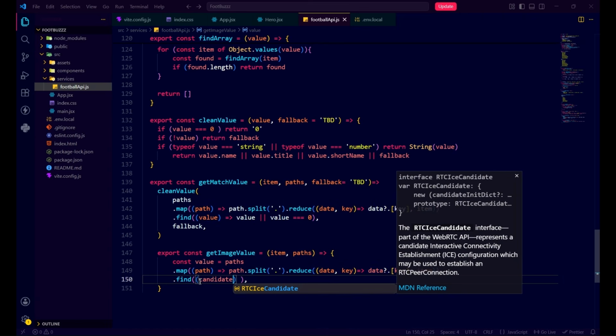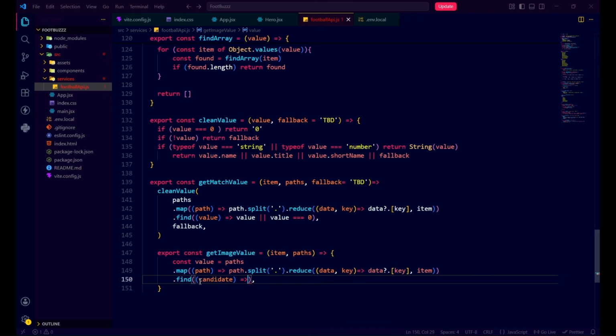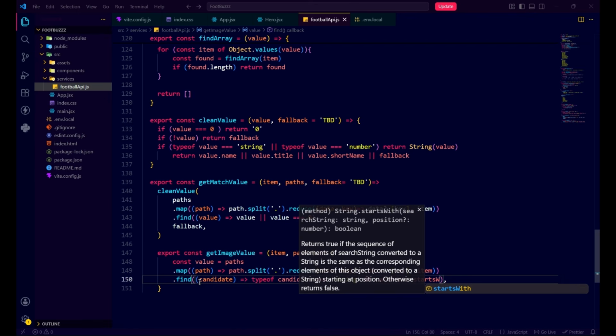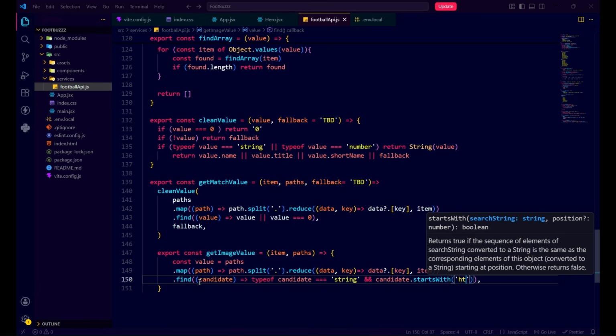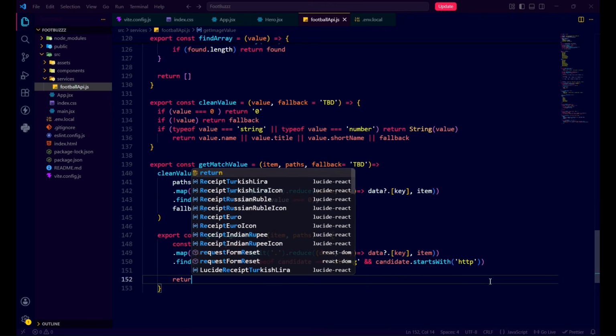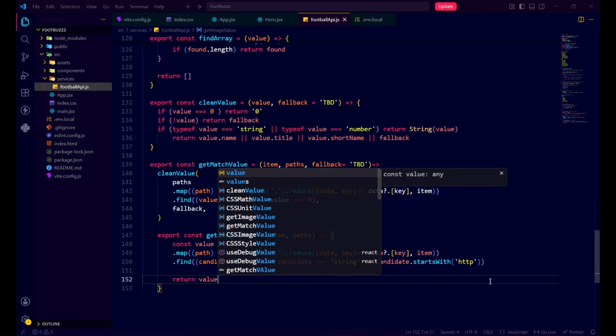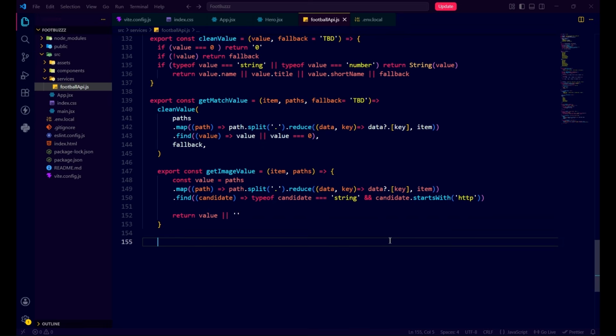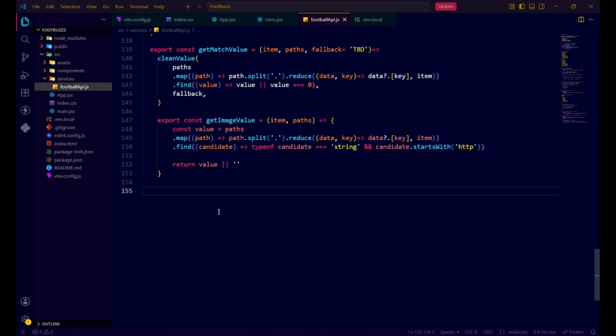Instead, we have to write the candidate prop and open our function, write check the typeof candidate is equal to a string and .startsWith, and check if it starts with HTTP or not, so we'll write HTTP. So after this, let's return value or an empty. Now after that, let's go to our GitHub